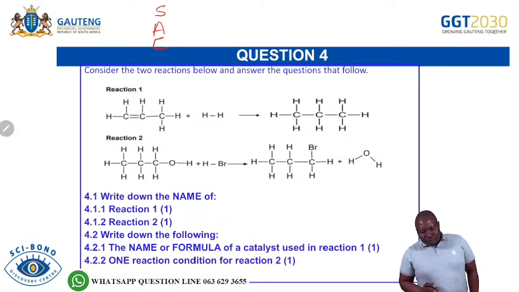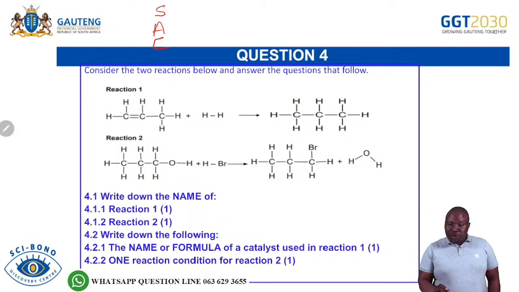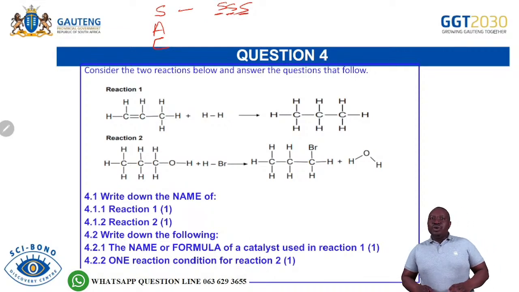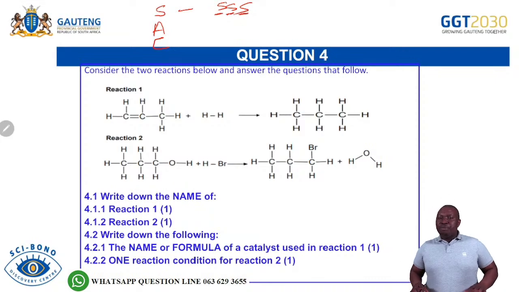Now, we are saying substitution. Don't forget, we are saying here triple S. That's our strategy to say how will you know that this is a substitution reaction. What you will see is that for substitution, you will have a saturated forming saturated. So the type of reaction is substitution. What is saturated? Saturated is when we don't have multiple bonds between carbon atoms.